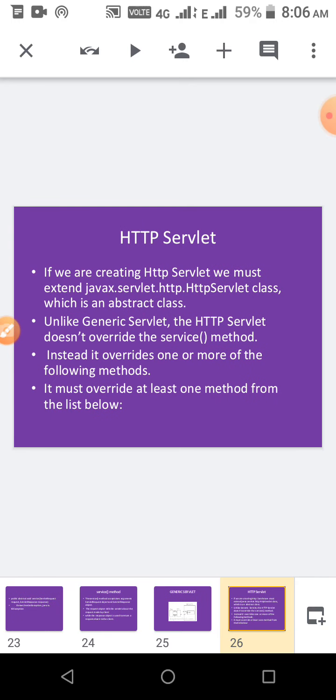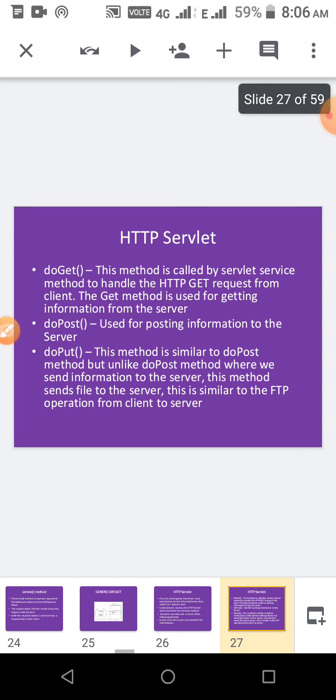If you are creating an HTTP servlet, we have to extend the javax.servlet.http.HttpServlet class. Unlike a generic servlet, this servlet does not override the service method. It overrides the following methods: doGet, doPost, doPut, like that.